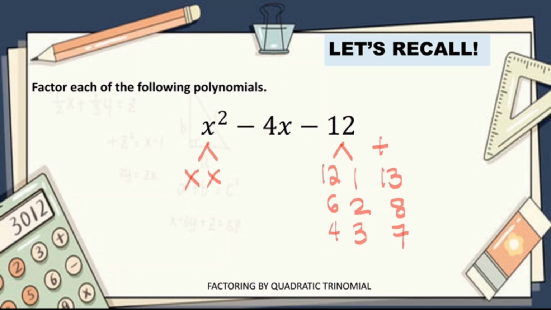So our next step is, if we did not obtain negative 4 from adding, then let's try subtracting the factors of the constant term. 12 minus 1 is 11. 6 minus 2 is positive 4. And 4 minus 3 is 1. So there is a closer answer. We have 6 minus 2, that is positive 4. How are we going to make this negative 4? To make it negative,